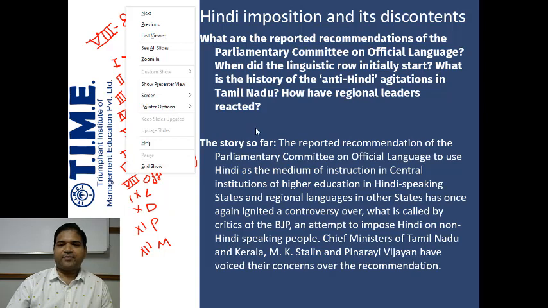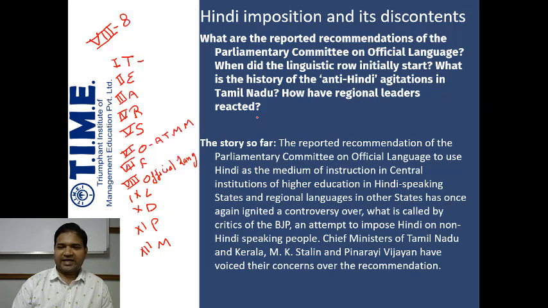As you know, in India the power is divided between the center and the state. So some work is assigned to the union government, some work is assigned to the state government. We have three types of list: the union list, the state list, and the concurrent list. All that is given in the seventh schedule. The eighth schedule we are discussing today, that is official languages.